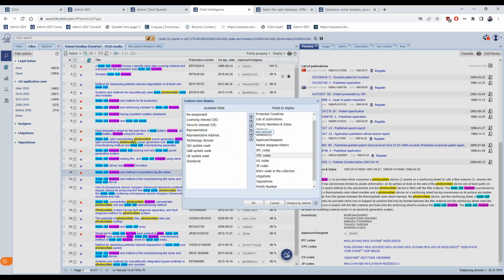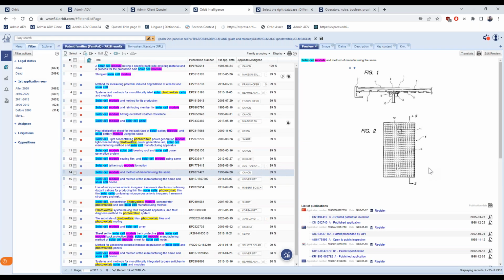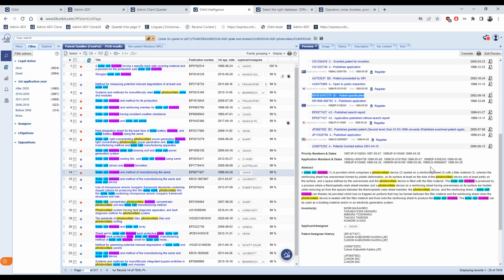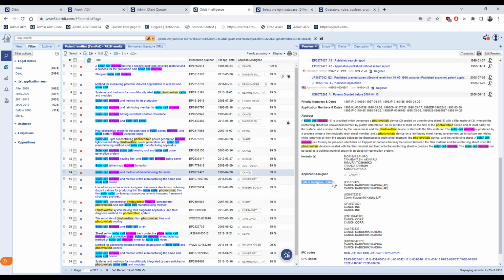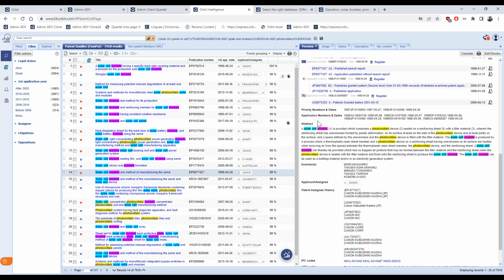Application numbers and dates, and I maybe would like to have it displayed just after the priority information. So you can see how the change is live. I have now a history of a patent assignee, I have a family number, and I have the application numbers and dates added.